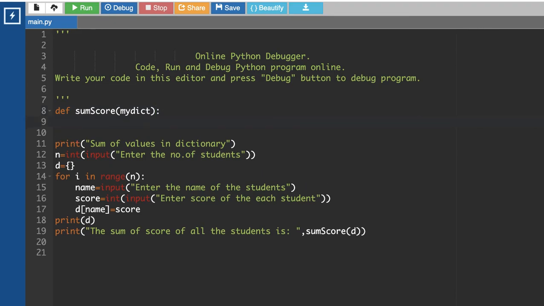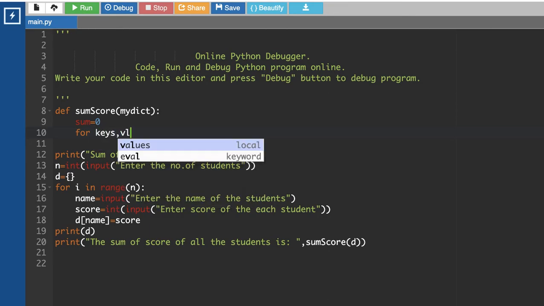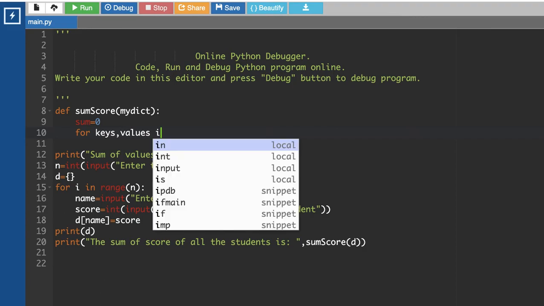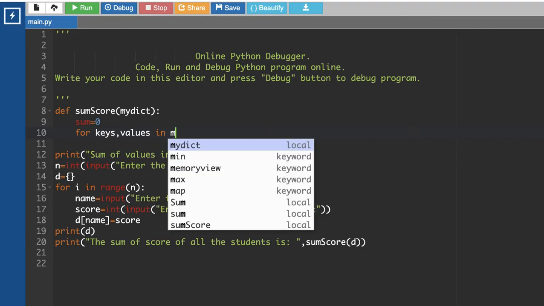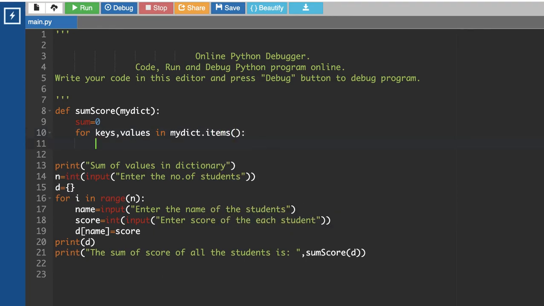Inside that function, I'm going to find the sum of all the scores. For that I introduce a new variable sum. Then using a for loop, I can access the key and values in the dictionary, using dict dot items, which accesses all the items from the dictionary.